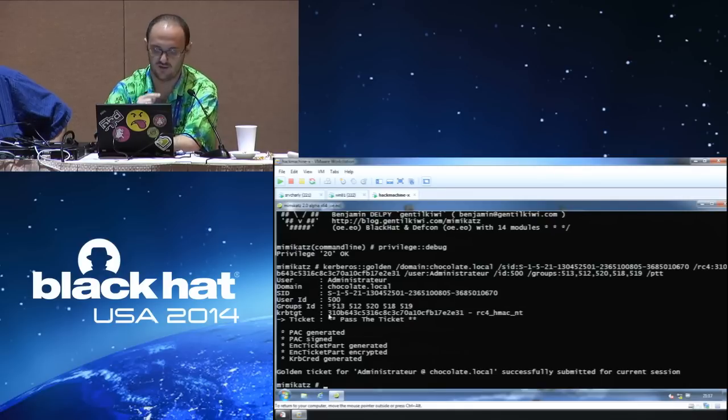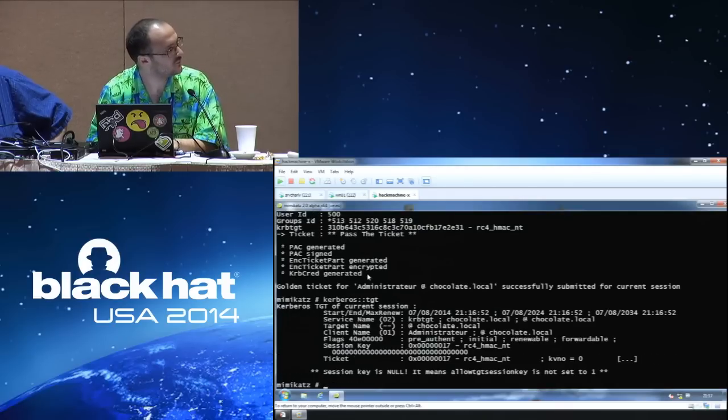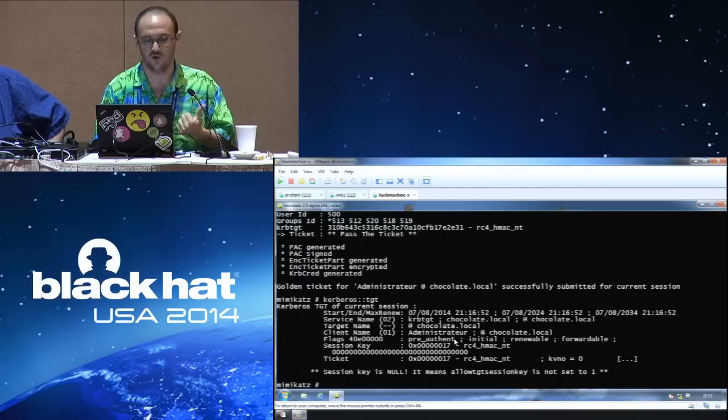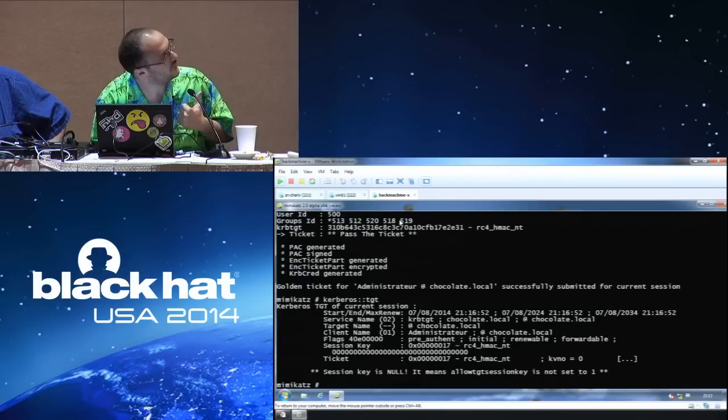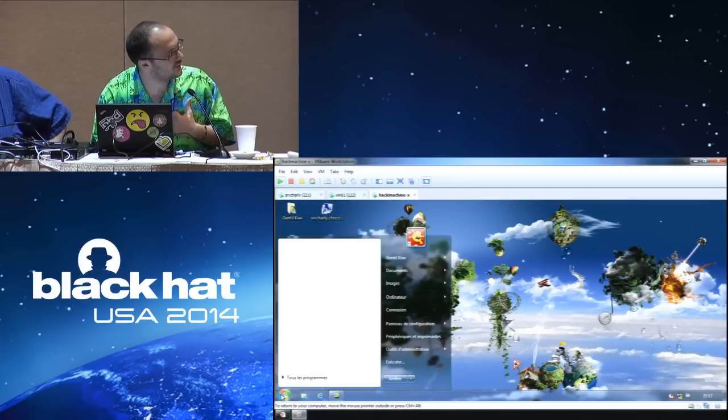Okay. So at this time, I have a ticket in Mimikatz. I have a TGT for administrator. I have created it only with the Kerberos TGT and NTLM hash. So that's pretty cool. And because we are Windows guys, sometimes